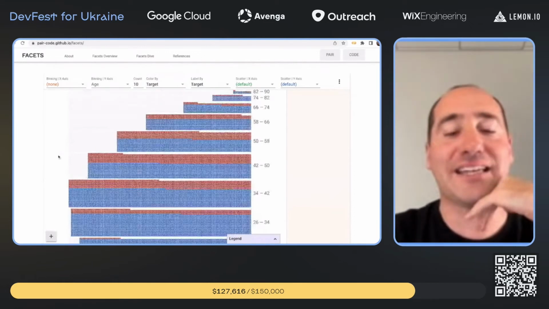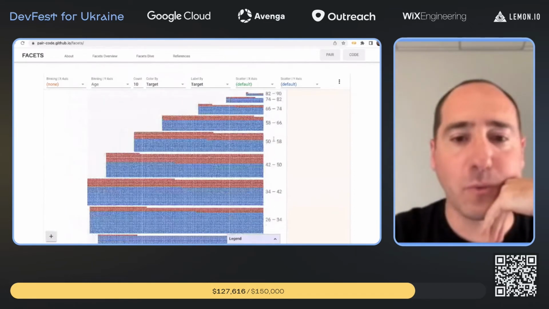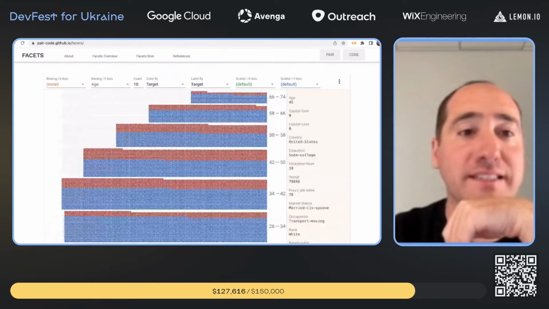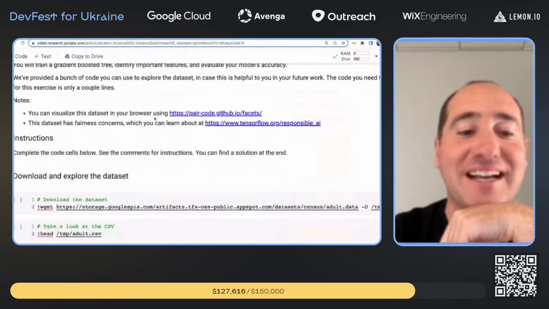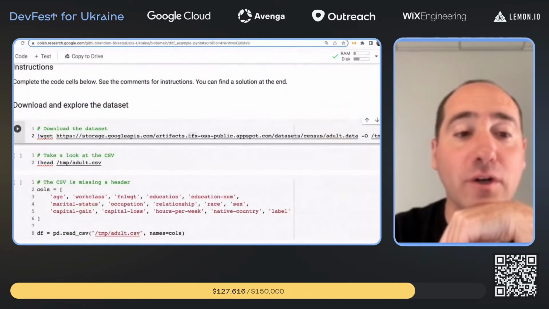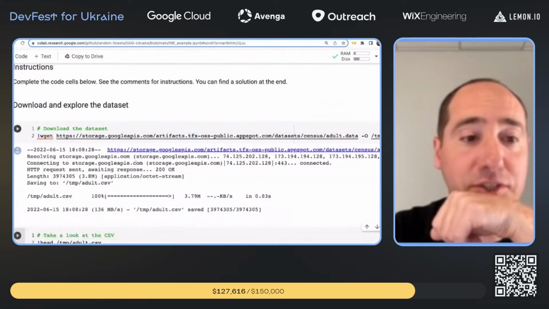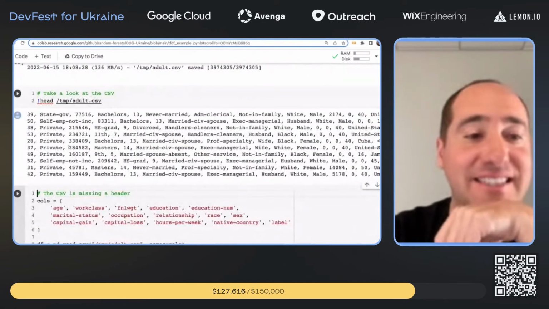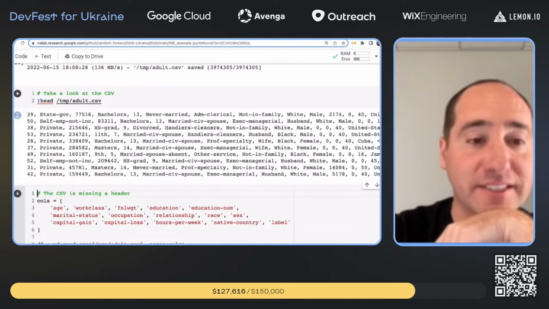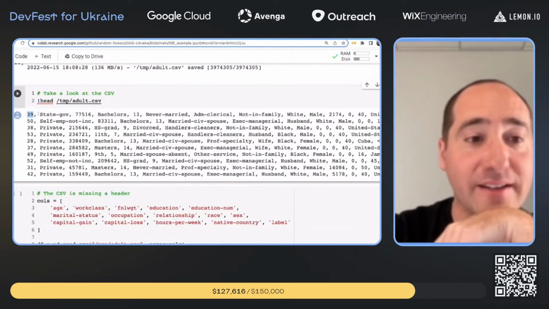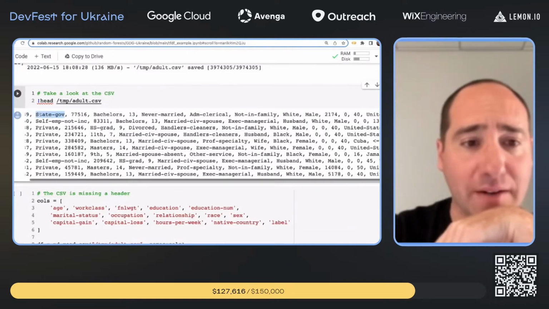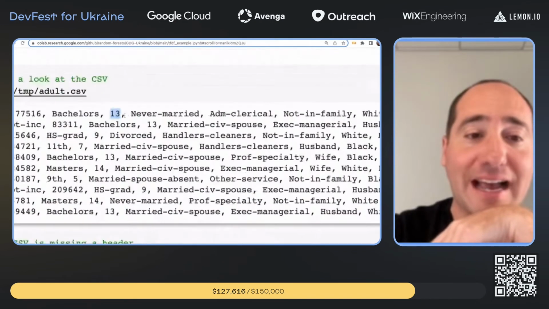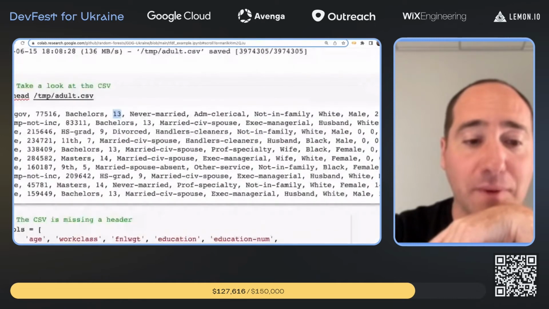So what we're looking at here, what I've done is every dot on the screen corresponds to a row, and there's a link to Facets in the notebook as well. Let me just show you this spreadsheet. So this is a subset of the 1990 census. And you can see, for example, in the CSV, this person's 39. They work for a state or government. They have a bachelor's degree. I believe this 13, although we'd have to check the header, which is missing,